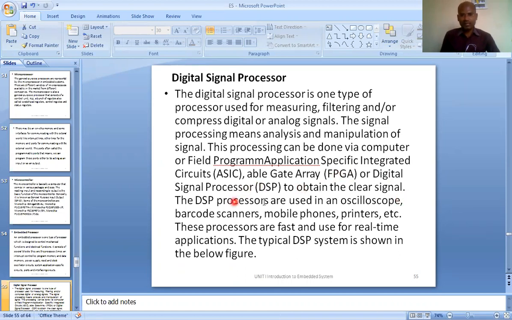The DSP processors are used in oscilloscopes. Generally, we don't use DSP processing in analog oscilloscopes. We have digital oscilloscopes, and there we use this type of DSP processing. To some extent, in the early analog oscilloscopes, we used this type of filtering in the analog domain, not in the digital domain.